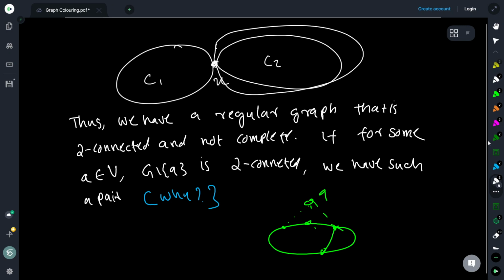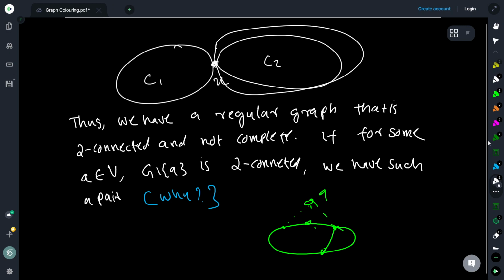Now we know that in each subgraph the vertex x has degree less than delta. So we have a connected subgraph which has one of the vertices with degree strictly less than delta, and therefore, by our earlier observation, because the graph is connected,